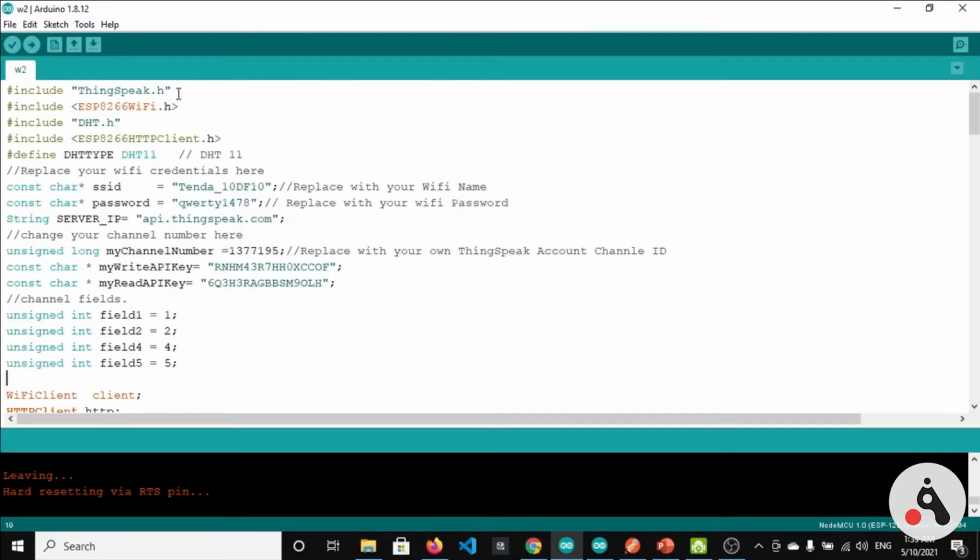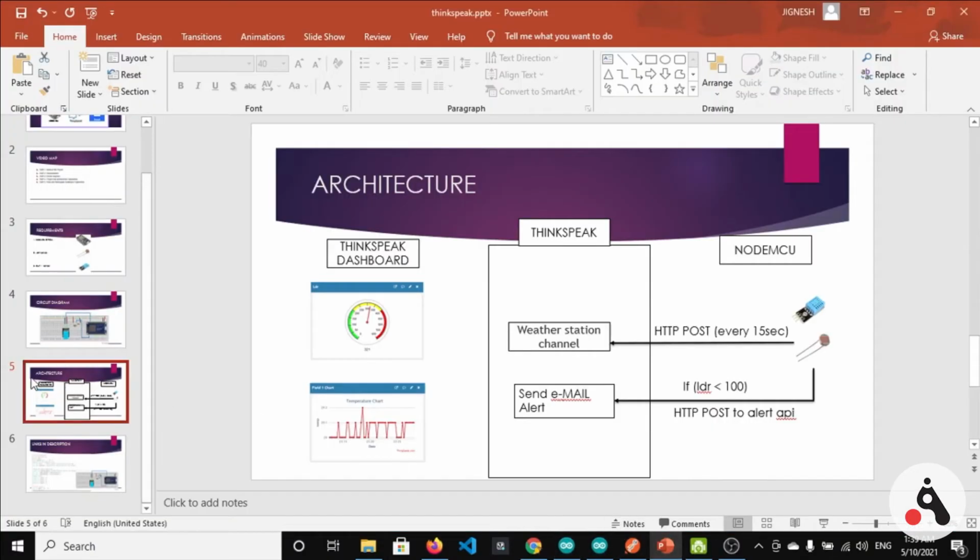We can see here that first we are importing ThingSpeak, ESP8266 Wi-Fi for enabling the Wi-Fi feature of ESP8266. DHT.h is for reading the DHT11 temperature data, and this client for making the HTTP post and get calls here.